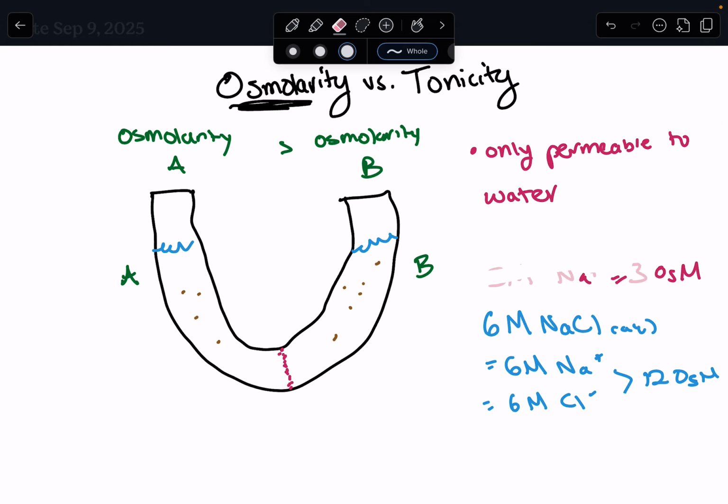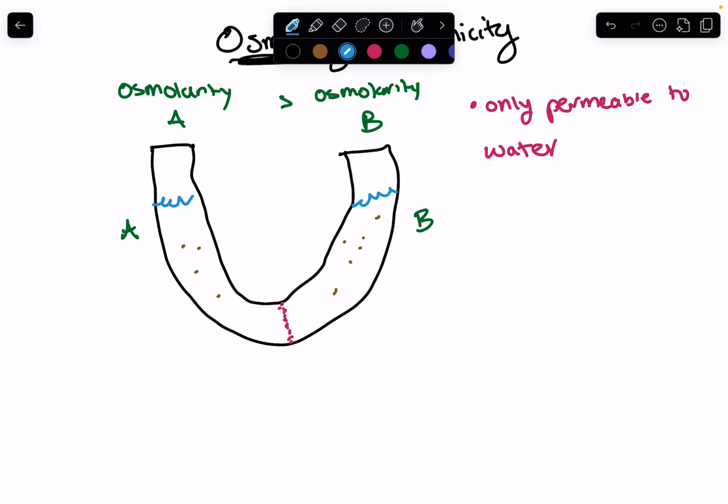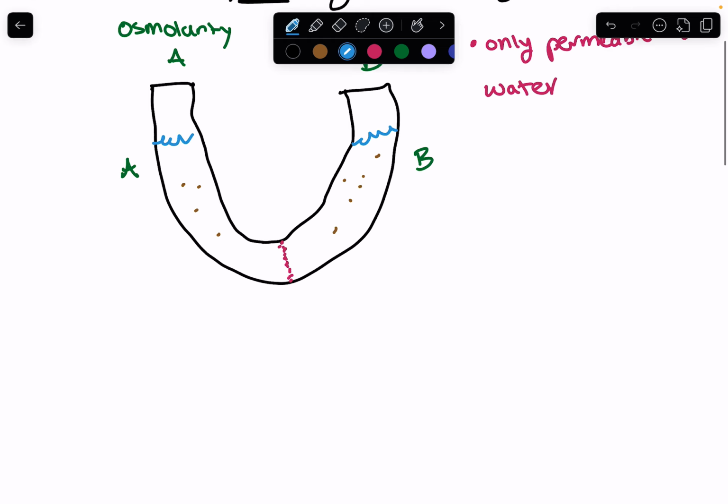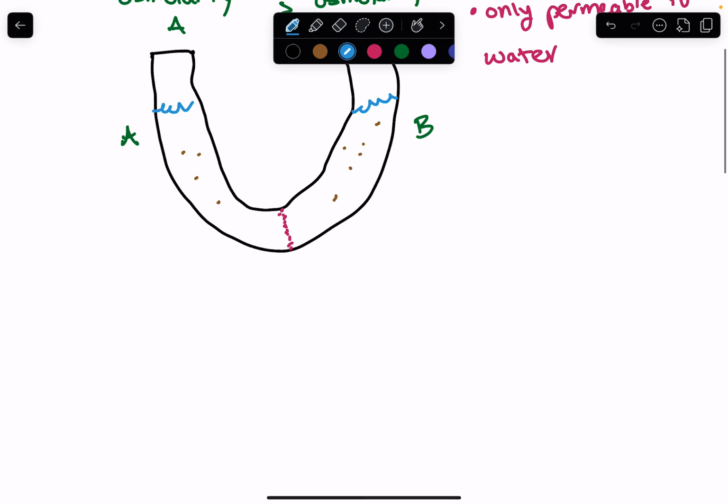The second thing that's really important to understand is that osmolarity takes into account total concentration of all solutes, whether or not they can permeate through the membrane. So oftentimes when we have a semi-permeable membrane, in this specific case, we're saying that this membrane is only permeable to water. But if we have another tube, we can create that tube right here, for example,